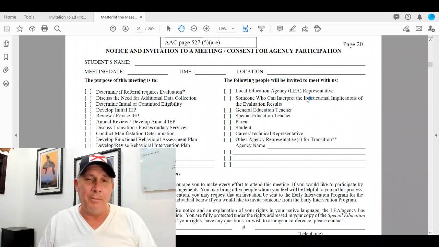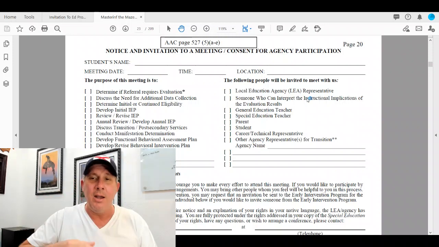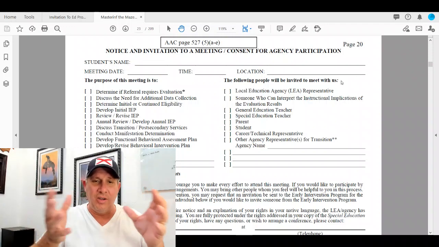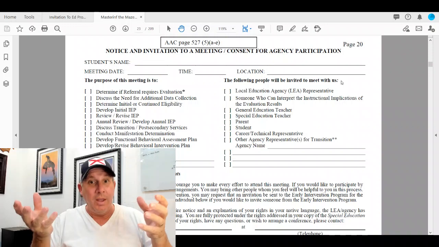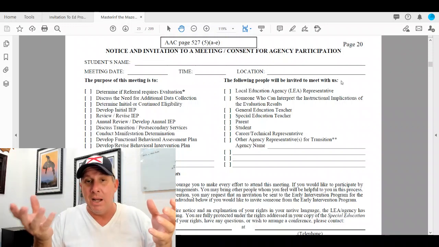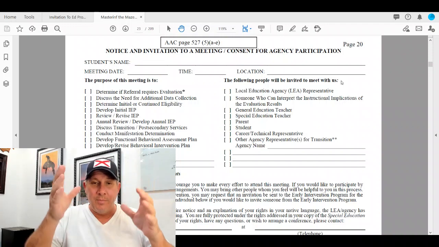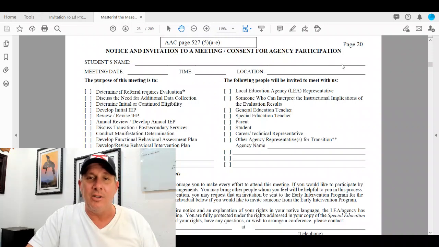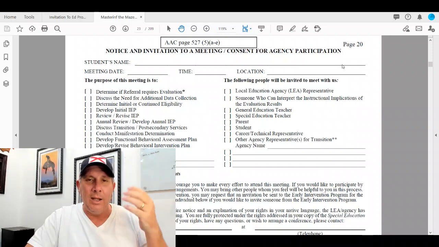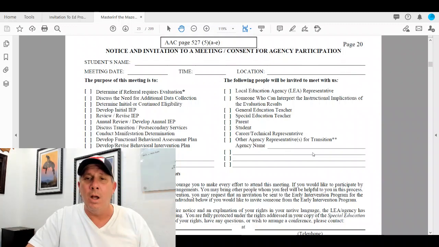I'm going to show you an example of a meeting notice from another state that happens to have my daughter's name on it. But this is a good example so that you can see that the same information is contained in both. This is what I'm saying. The IDEA mandates the content. It's just the structure, the cosmetic layout, that is going to be different from state to state. But the big thing to take away is that the big things that have to be in each of the meeting notices are going to be the same. And I'll show you why right now.